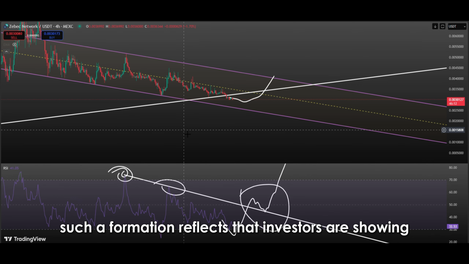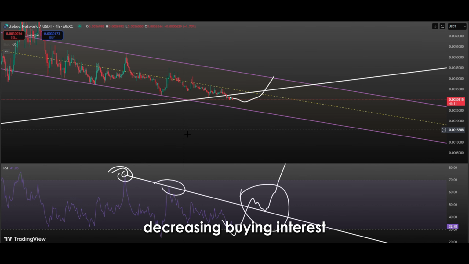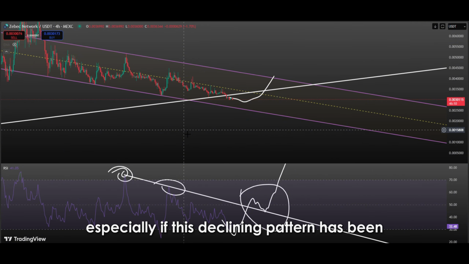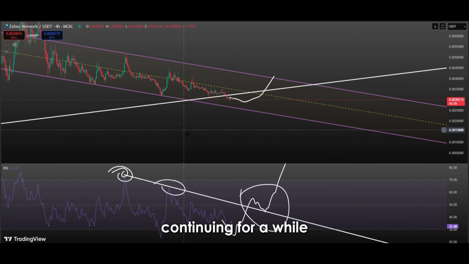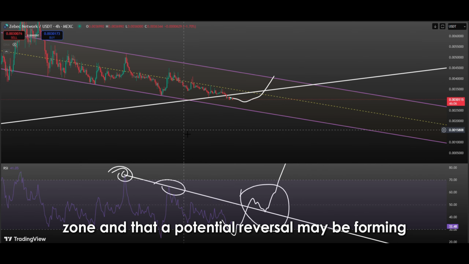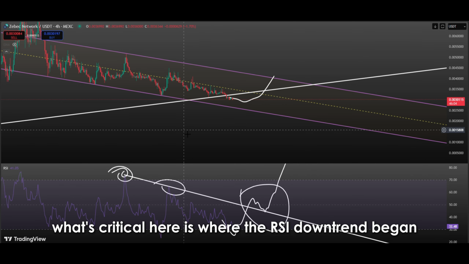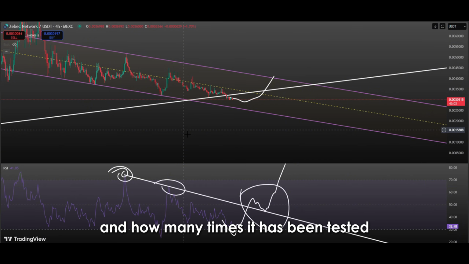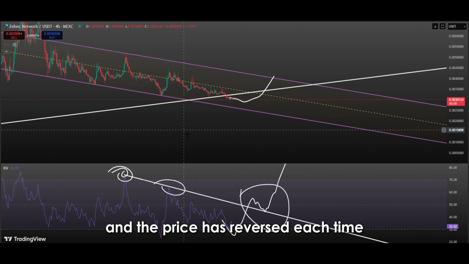Such a formation reflects that investors are showing decreasing buying interest and that momentum is weakening. Especially if this declining pattern has been continuing for a while, it suggests that the market is approaching an oversold zone and that a potential reversal may be forming. What's critical here is where the RSI downtrend began and how many times it has been tested. If this line has been tested several times and the price is reversed each time, then the trend line becomes